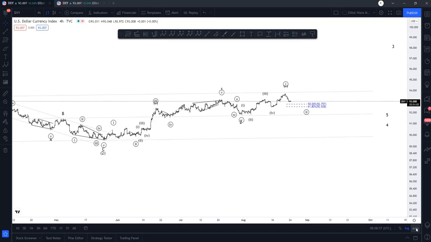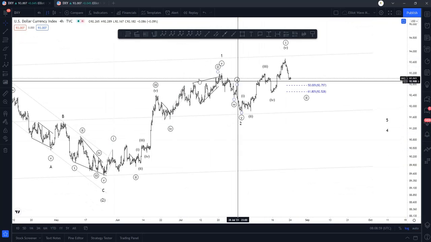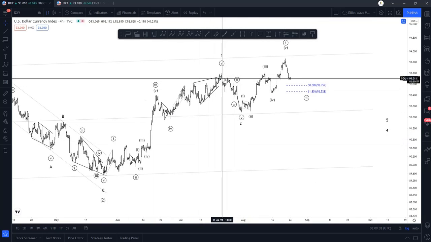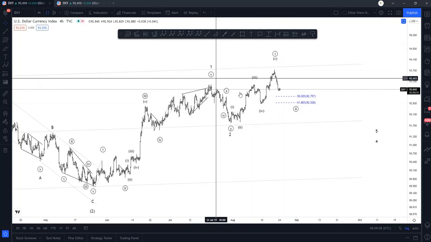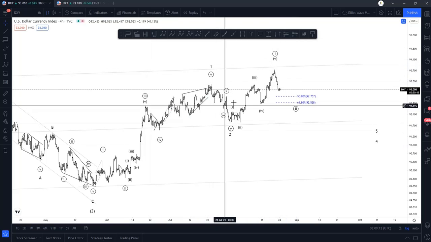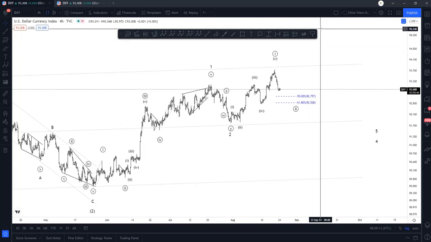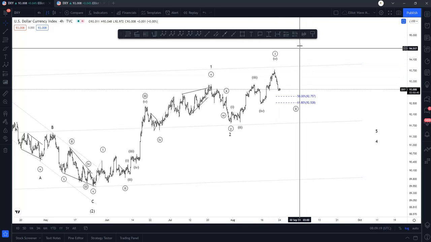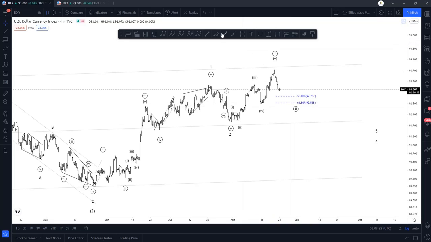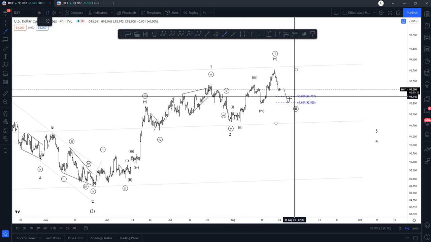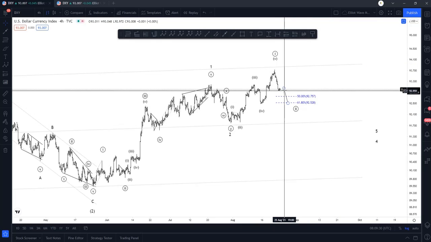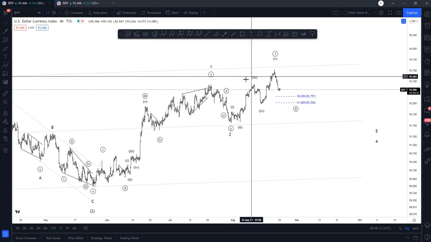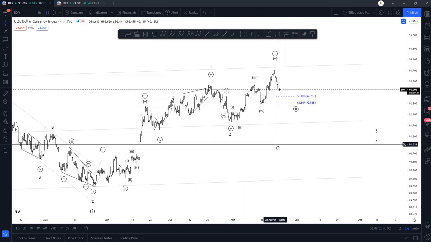Now, looking at the dollar index, guys, it's very clear to see that we've completed a 5-wave impulse, wave 1 here, and we've completed a sharp correction. What's more important here is that this can still be a 5-wave leading diagonal, or just a 5-wave impulse in manifestation. If that is the case, then we will see another 3-wave corrective move lower here, and then we'll see a move higher before we see a deeper correction. So this would then complete wave 1, and that would see a correction for wave 2.